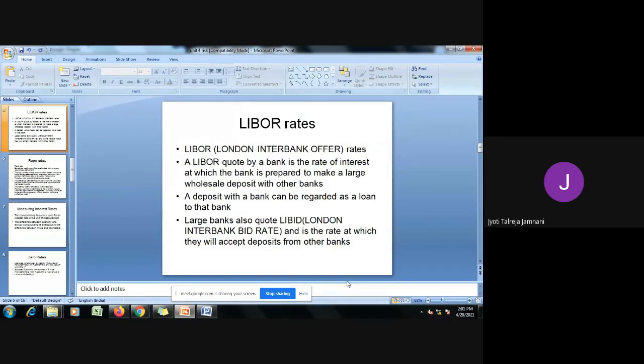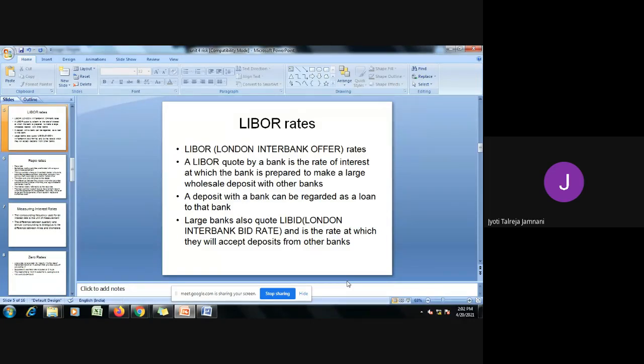And whatever rate SBI will charge on that, we call that the LIBOR rate. Usually it happens in international markets where banks of different countries trade. So here I'm telling SBI, Union Bank, that might not be the case. It can be SBI and maybe Citibank or any foreign bank.